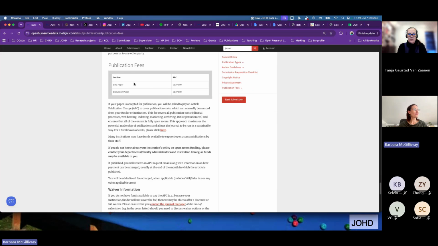So the cost is £1,070 at the moment, and it's a result of the fact that we do grant a lot of waivers. So we had to increase the price so that we can afford to have some authors not pay, because if you don't have access to the funds, you can just say that in your cover letter when you submit the paper, and then you are basically asking for a waiver, which we normally always grant if you can prove you don't have access to funds. And so this is sort of a model that not everyone may be super familiar with.